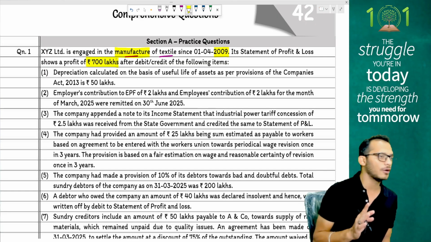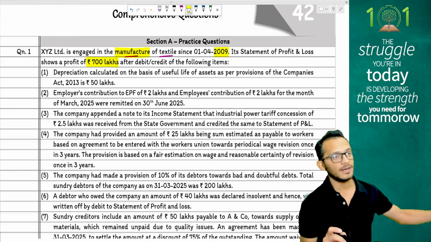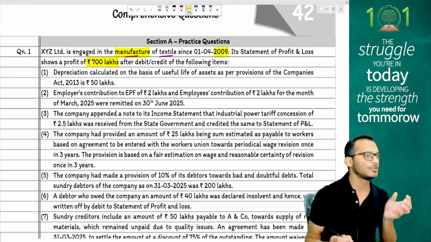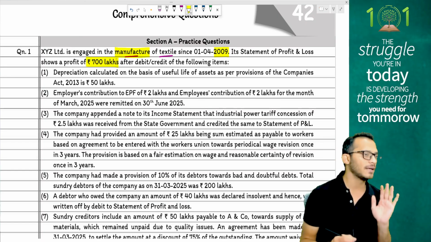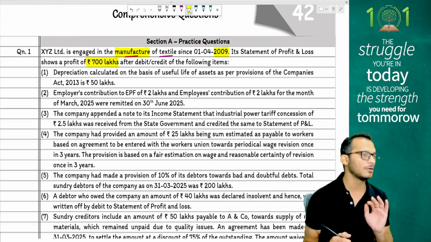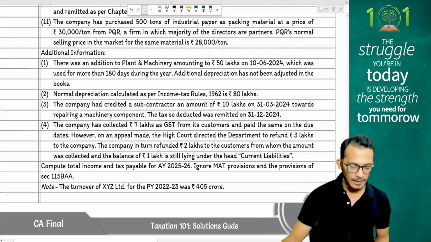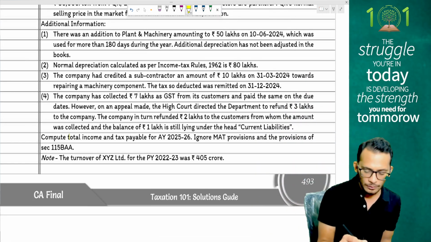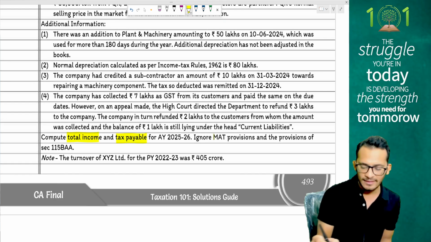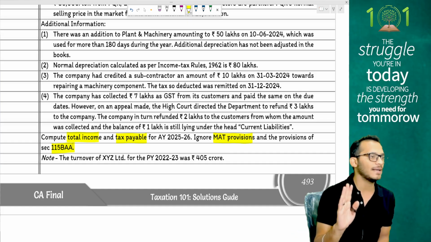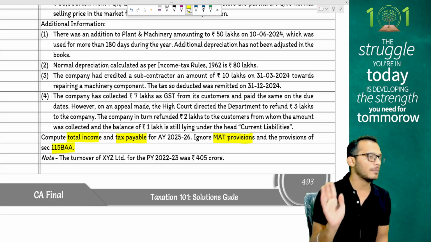The statement of profit and loss is showing a net profit of rupees 700 lakhs after debiting and crediting the following items, which means whatever items are now given are already taken care of in the P&L. Now you should decide whether it should be there in the P&L or not. Before we get to that, do I know the requirement of the question? I am moving to the last line. It says compute the total income and the tax payable ignoring MAT provisions and 115BAA also, meaning they want total income and tax payable